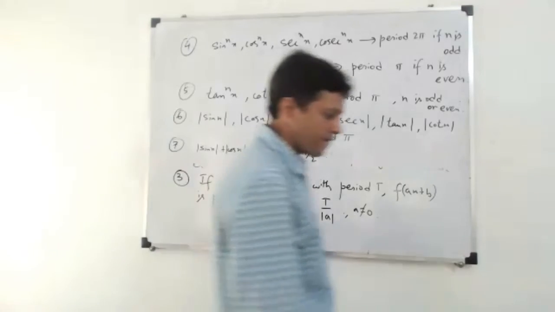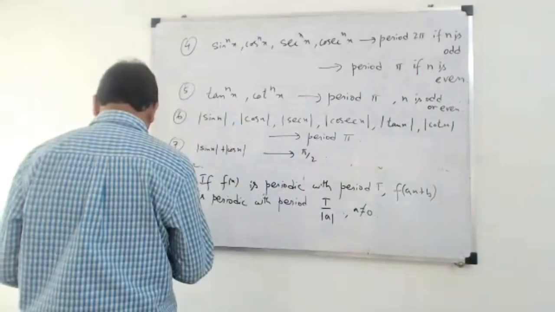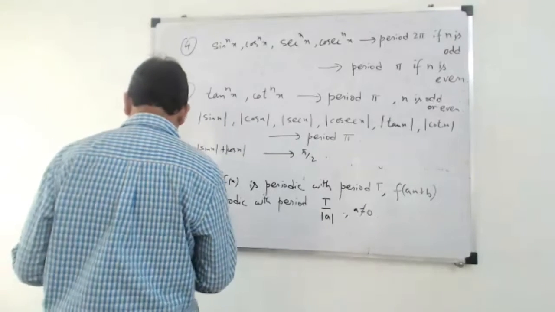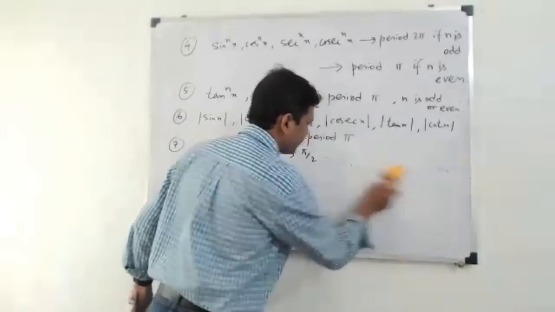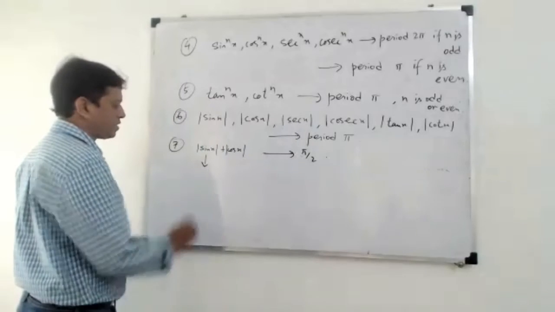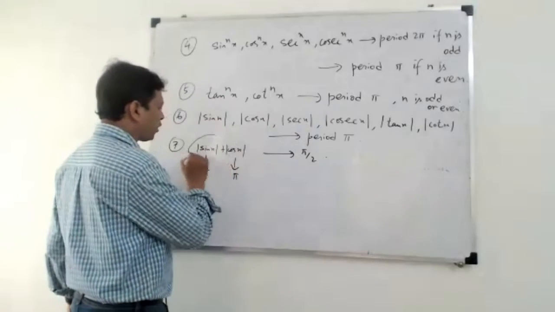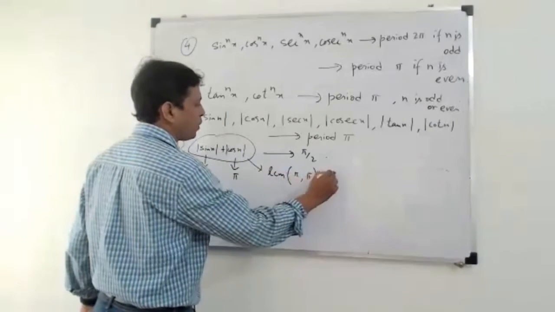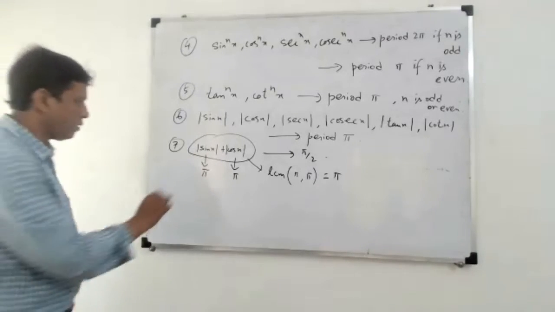Clear? Sir, can you explain this once again? Yes. One second, wait, just wait. Can I rub the lower part? Now my question is, what is the period of mod sin x? Pi. What is the period of mod cos x? Pi. So the period of mod sin x and mod cos x should be LCM of pi comma pi. That should be pi. But Yes, here it is pi by 2. Why? Because